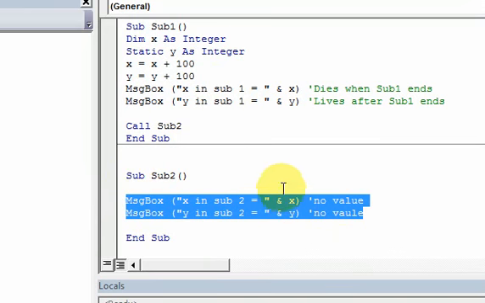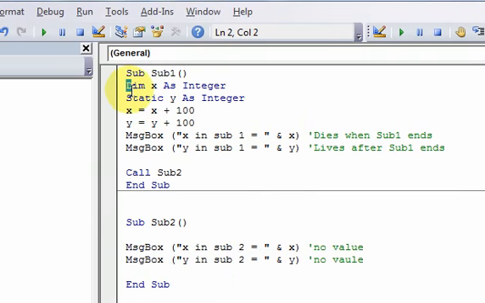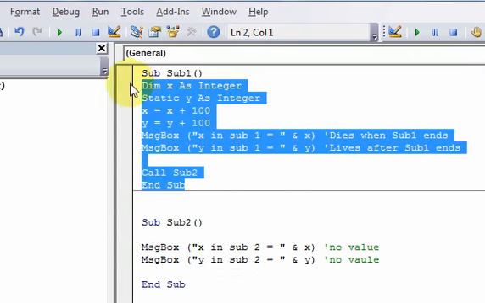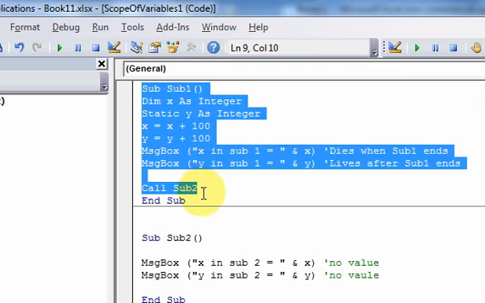They're dead. So using the keywords Dim and Static only allows you to have a variable that lives as long as the single subroutine exists, right? As long as it's in this subroutine,